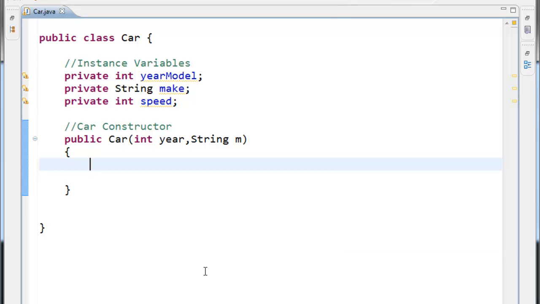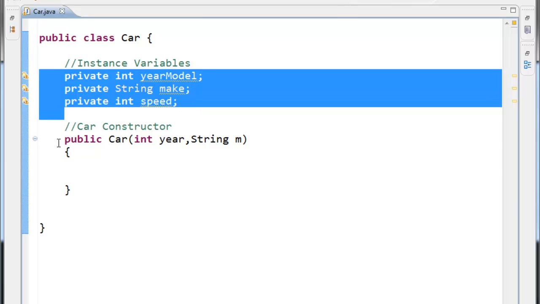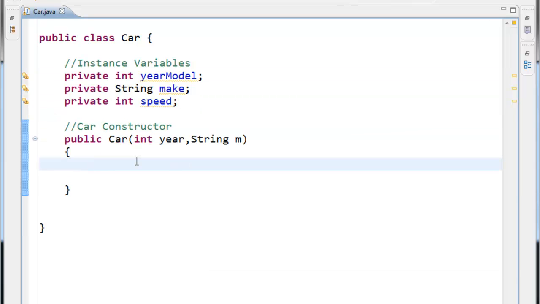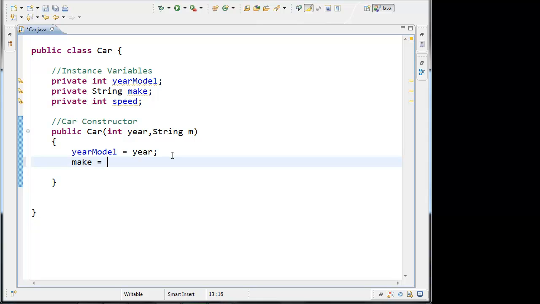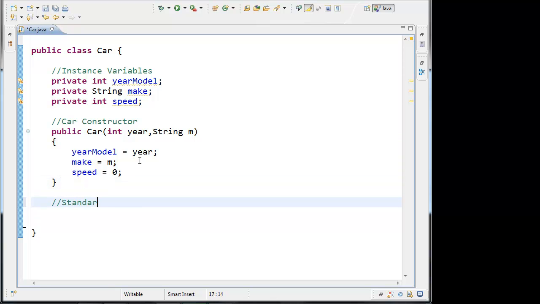And we're going to initialize these 3 instance variables whenever we create an instance of the car class using this 2 argument car constructor. So we're going to set the year model equal to year that's passed into the car constructor. We're going to set the make equal to the value that's passed in as a string for m, and we're going to initialize the speed to 0 for every car. Then we're going to write our standard